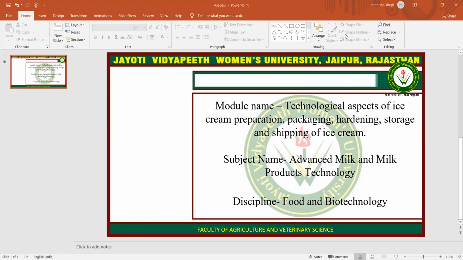What is the advantage of pasteurization of the ice cream mix? It dissolves and helps to blend the ingredients of the ice cream mix. It basically renders the mix completely free of pathogenic microorganisms. It improves the flavor and it improves the keeping quality and produces a more uniform product.